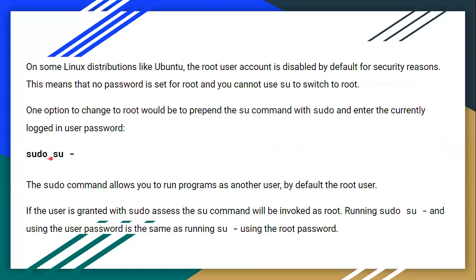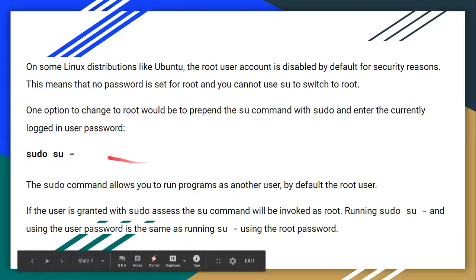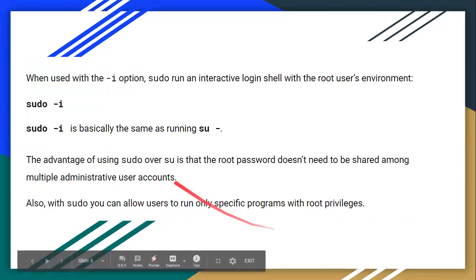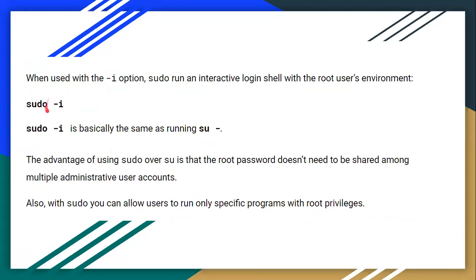I will tell you this one, sudo su. Sudo su means you are using super user do, and su means switching user, making yourself a root user. You're not mentioning any name here, which means you are making the root user by default, and the normal user becomes the root user. Similarly, the i option means interactive. I told you how to move with the i option. So sudo i is basically the same as running this one. Sudo i means you're moving towards switching to super user mode.